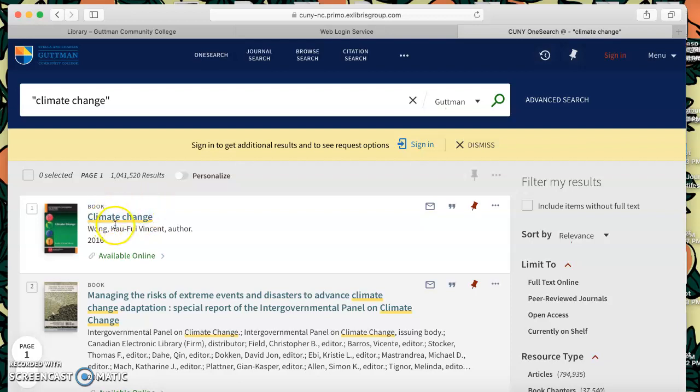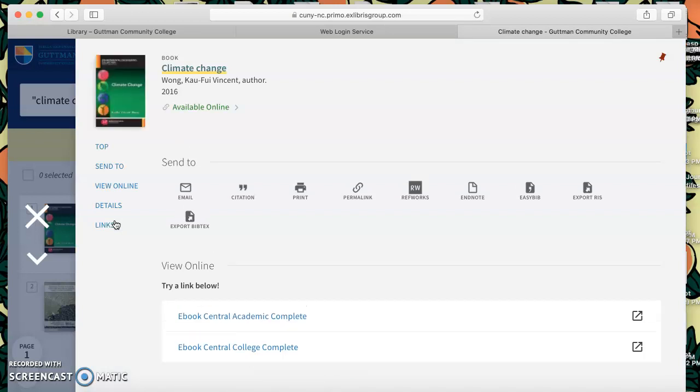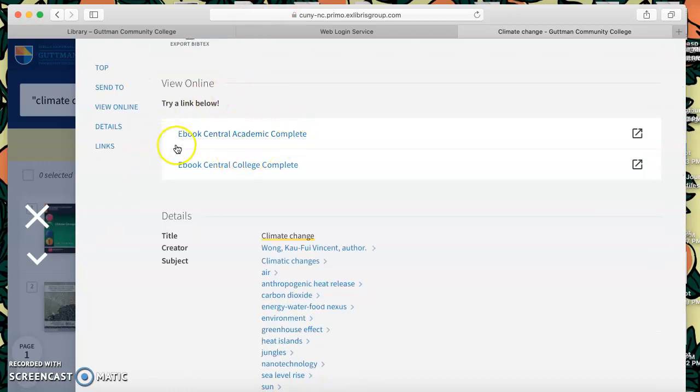So let's say I was interested in this book, Climate Change. I click on it, and I'm looking for the link that says available online. When I click on this, it's going to send me to the database, eBook Central Academic Complete, where I can find this actual book. So when I click on that,